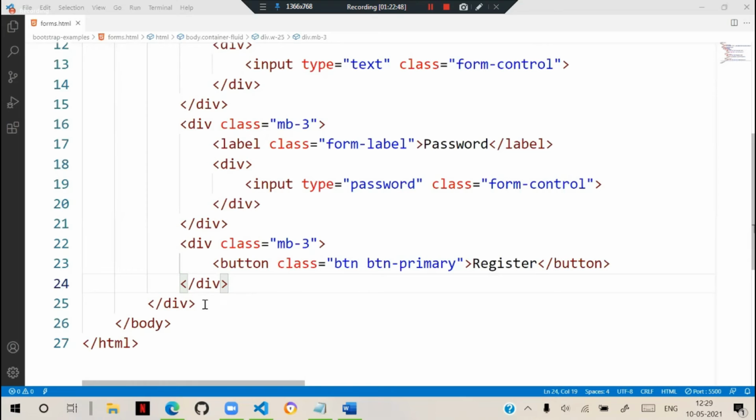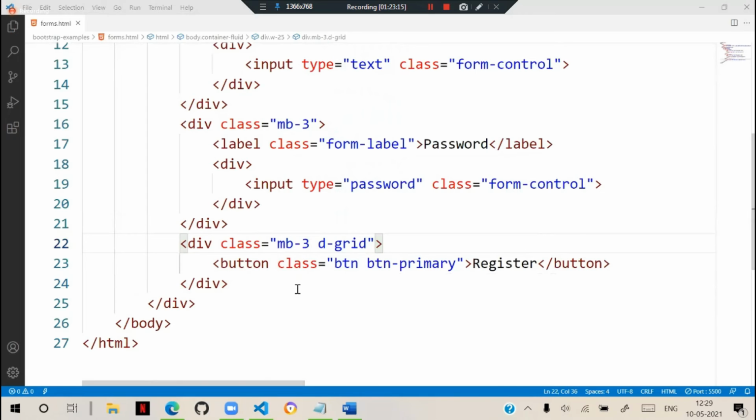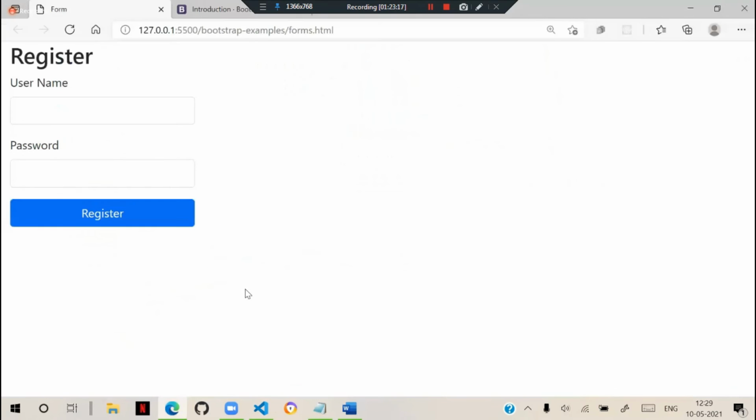What we discussed about block buttons, no practicing. Yeah, display grid, flexible. Those are the options we need to define, right? Suppose I say d-grid, display grid. And when I say display grid, it will fit accordingly.